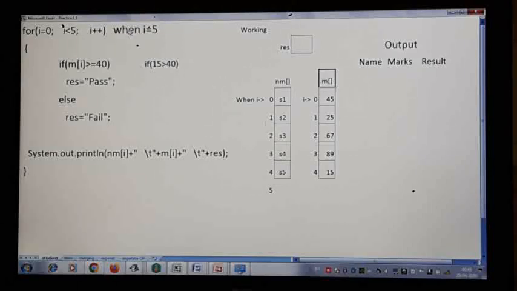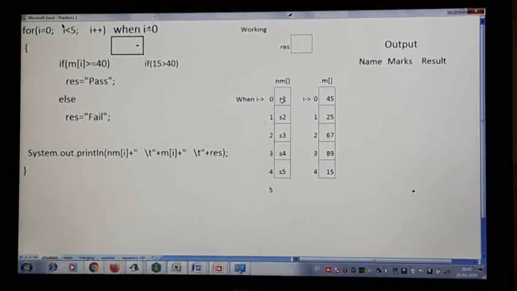First time, when i is pointing to 0, see, i is an index which is pointing to the very first student. So 0 is less than 5, the condition is true, and it will enter the loop body. So mark of 0, if you check, what is there in mark? 45.